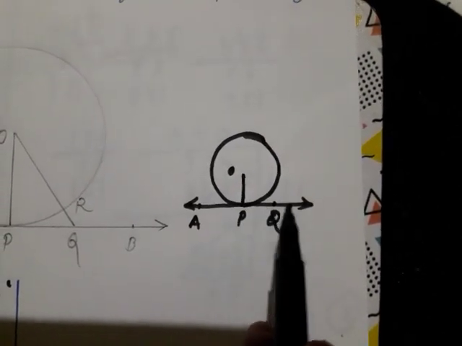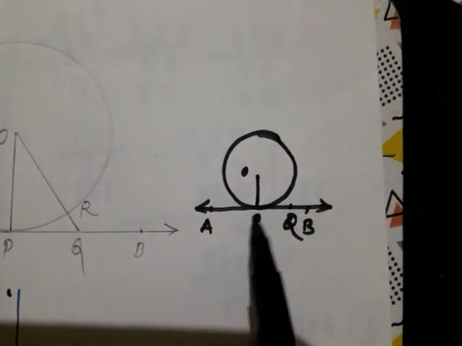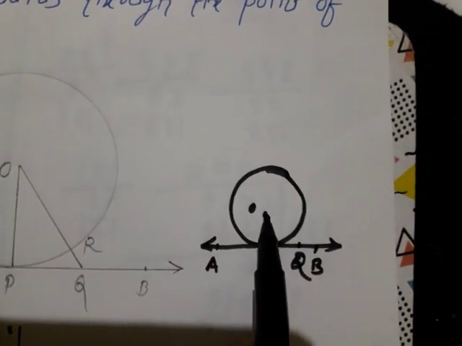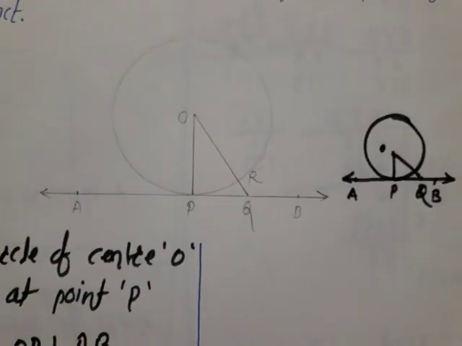Okay, and after that look here, take any point Q on tangent AB other than P, यानी कि P छोड़ के कौन सा point ले लो ऐसे बोला है, and then after that we have to join it, and when we will join it, that time you will get like that figure.